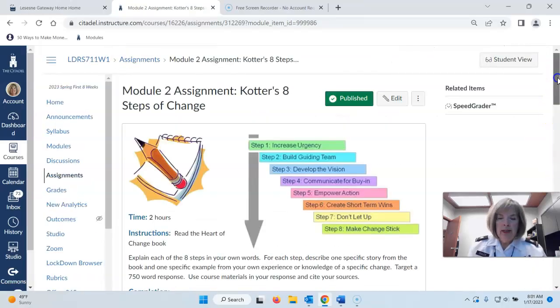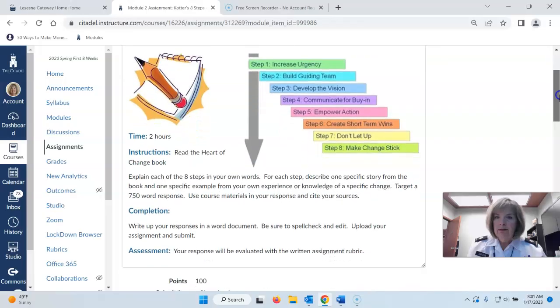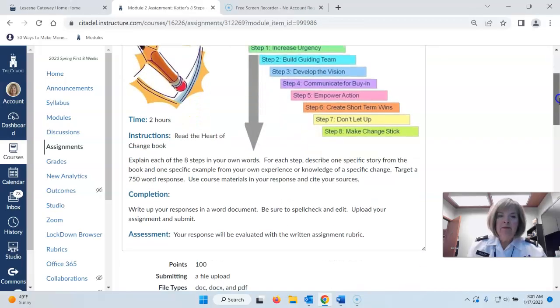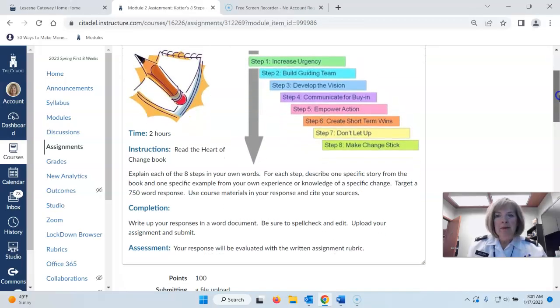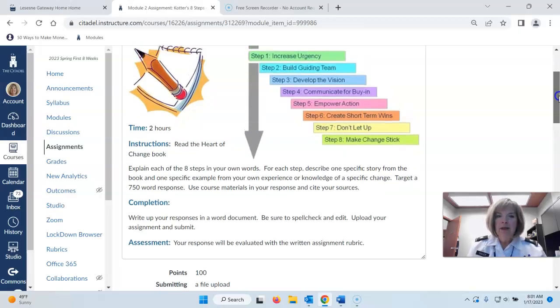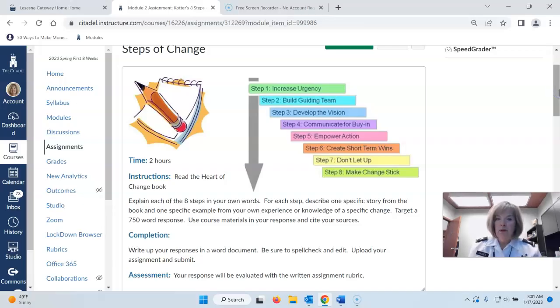Your individual assignment this week is again looking through those 8 steps and explaining them. So that, again, this is just basically, do you understand what the 8 steps are? So explain each of the 8 steps in your own words. So, a sentence or two about what each step is. So think about if you were explaining it to a colleague who's not in the class, who's never heard of Kotter, how would you describe the steps? If you were talking about it in your workplace as an idea of how to deal with the change, what would you say?